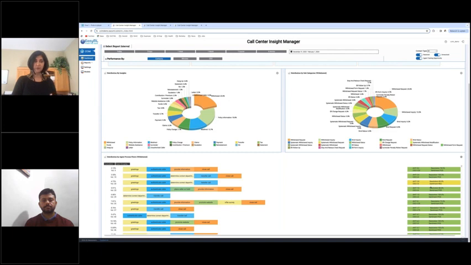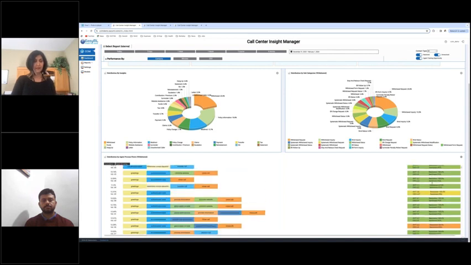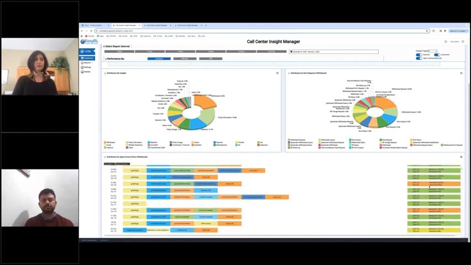And they are also color coded, mind you. A green color indicates a positive customer sentiment. Yellow indicates a neutral sentiment, and I believe the orange shows the negative sentiment of the customer. So it's fairly visual.